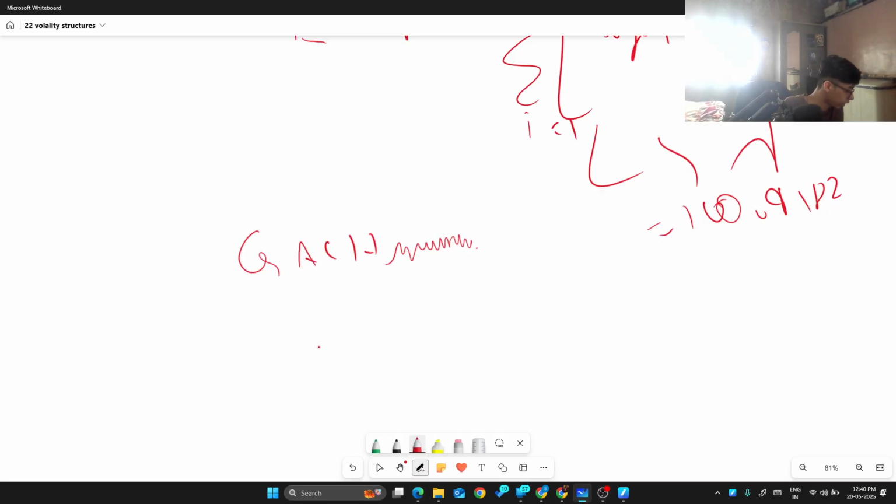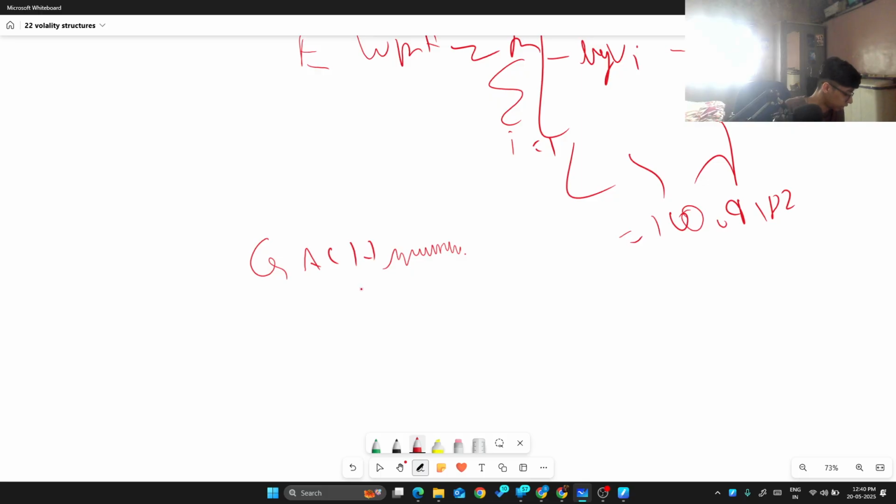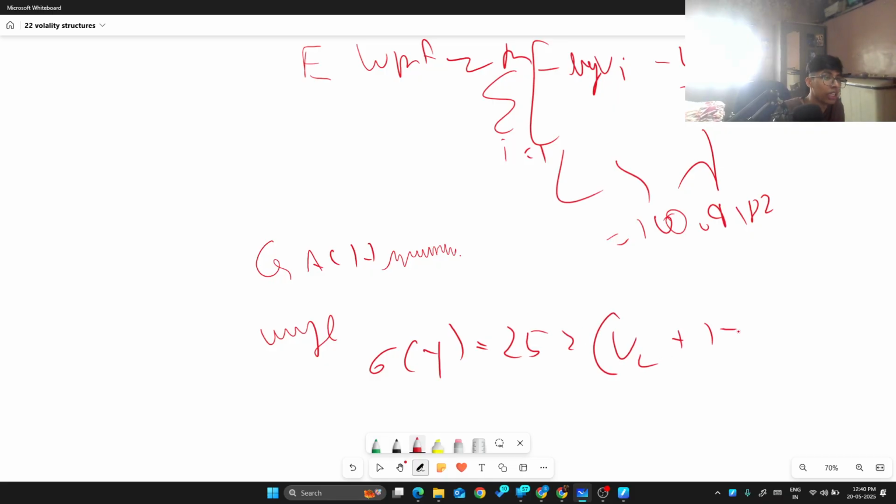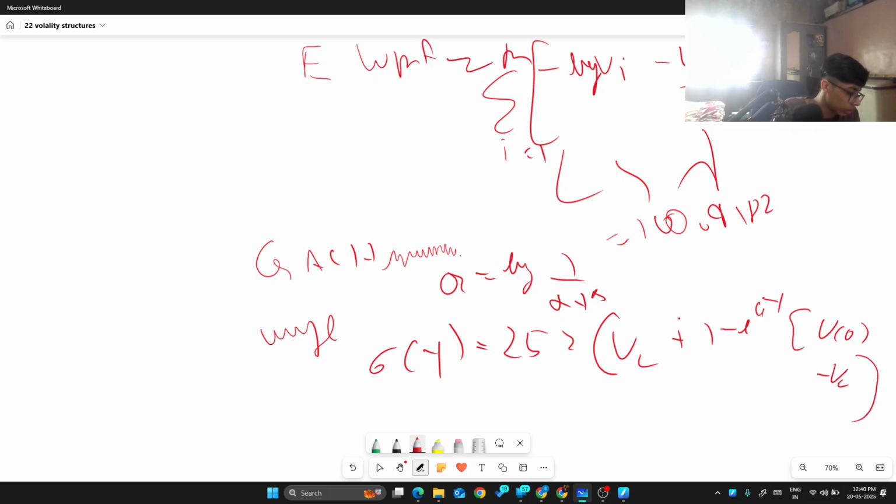So let's see the volatility structure, and the final formula for the volatility average variance rate, which you can keep as an option, for options also, is VL plus 1 minus e to the power minus aT over aT, where a equals log of 1 upon alpha plus beta, and V0 minus VL, and that is similar. Okay, and yeah,